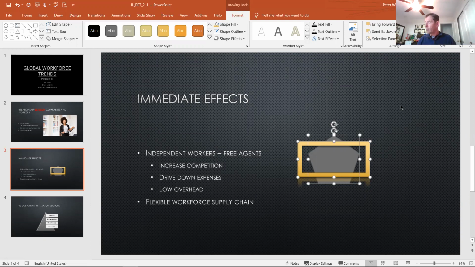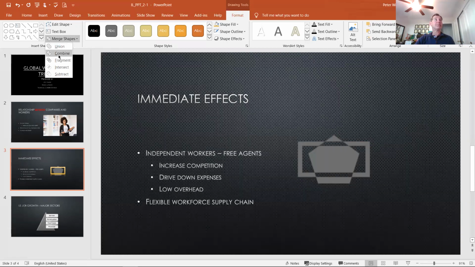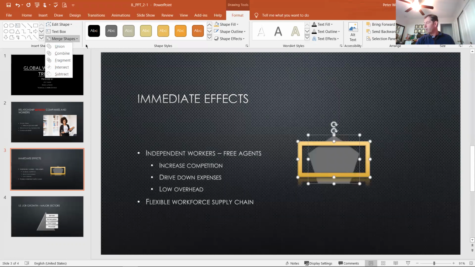So what I want to do now is merge these shapes together. That's over here in the Insert Shapes group, and you can see it says Merge Shapes. I can create a union like that, so that combines them. Or there's combine, fragment, intersect, so it only shows me where the two shapes intersect, or I can subtract. So I can get very interesting effects here. What I'm actually supposed to do